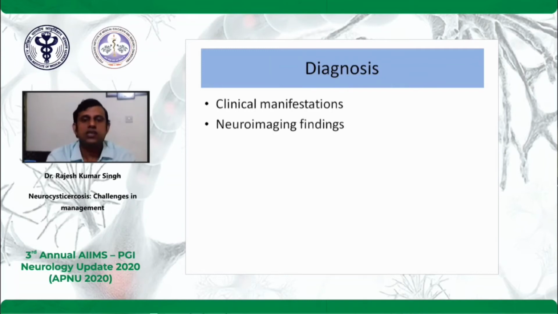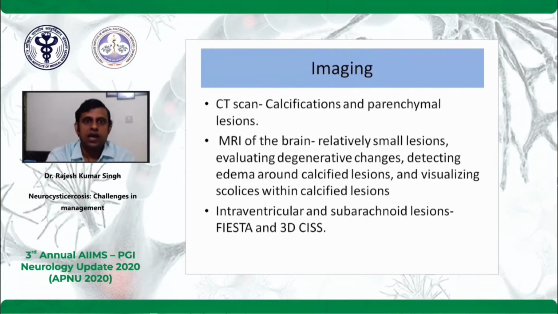So the diagnosis is by the typical clinical presentation, which we all know, and the neuroimaging findings. CT is the best for seeing the calcification, and even with contrast CT we can pick up the parenchymal lesion with edema, but MRI will better visualize the scolex and the edema part. For MRI, particularly for ventricular NCC, if we suspect hydrocephalus or any calcified lesion in the brain on the CT, and we are suspecting that it can be intraventricular NCC,